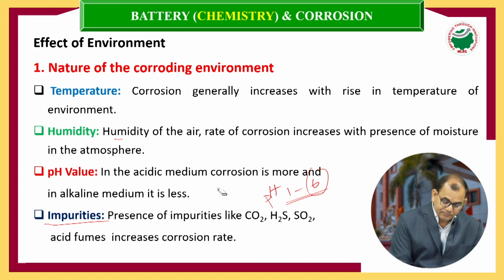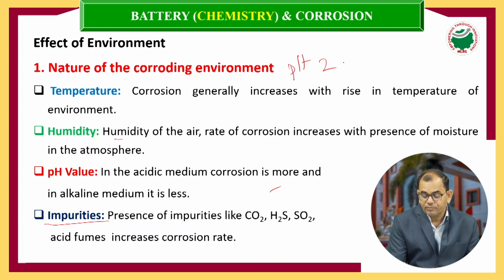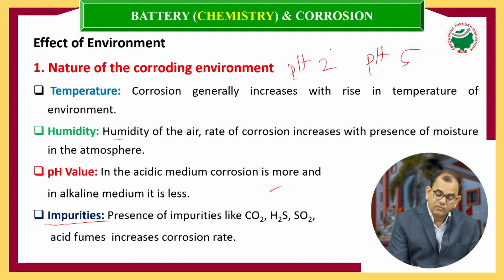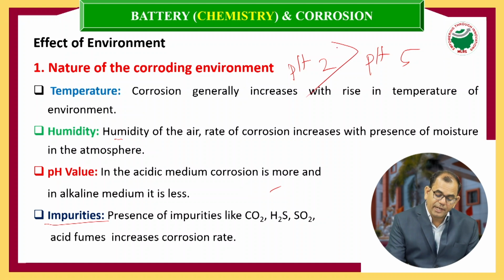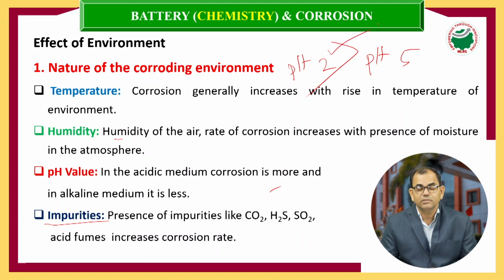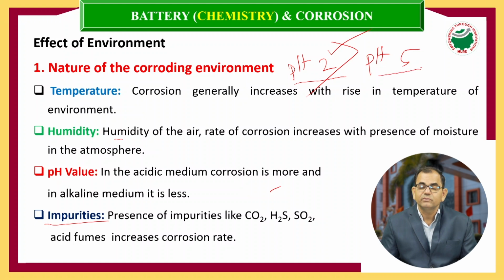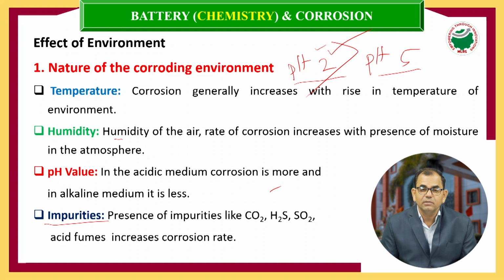there is a metal part, one is kept at pH 2, another one at pH 5. So, which one gets corroded faster? The metal exposed at pH 2, which is much more acidic than pH 5. So, the more acidic the nature, the greater the corrosion rate. Okay. Now,